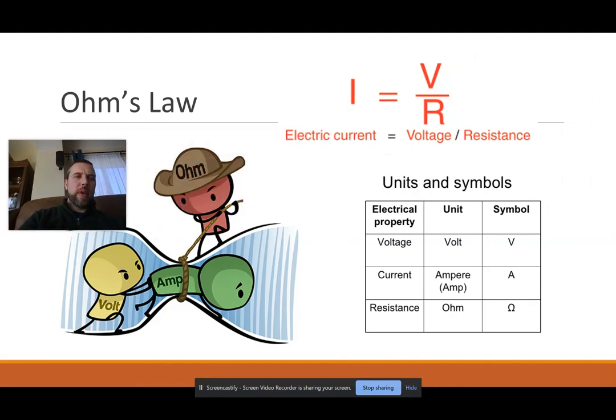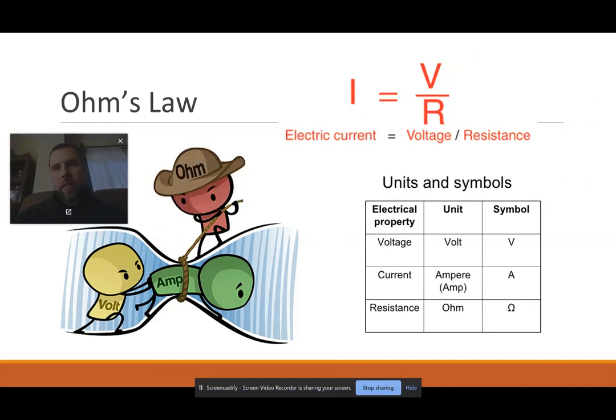Okay, the big important point, Ohm's law, the idea that voltage